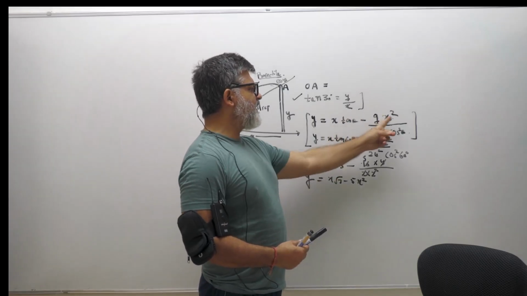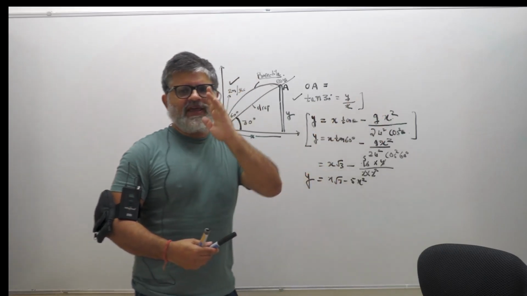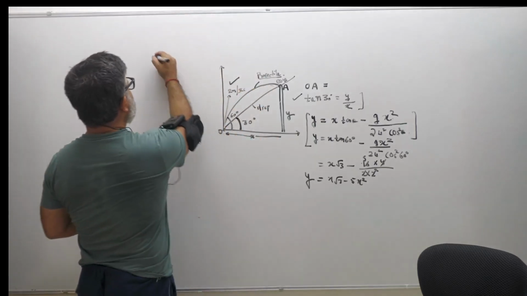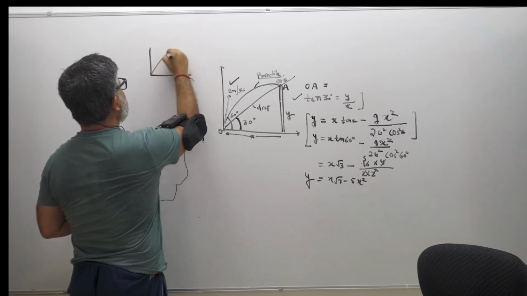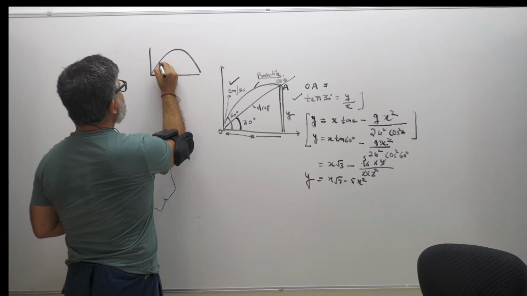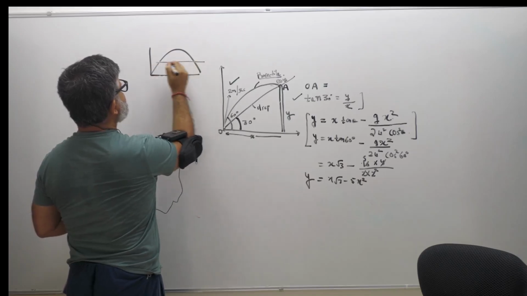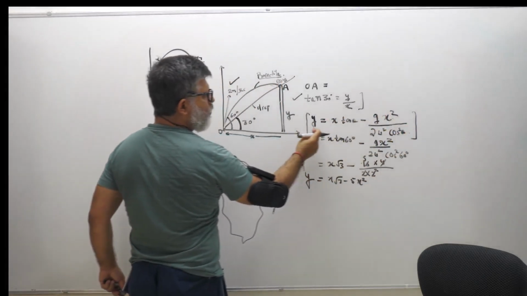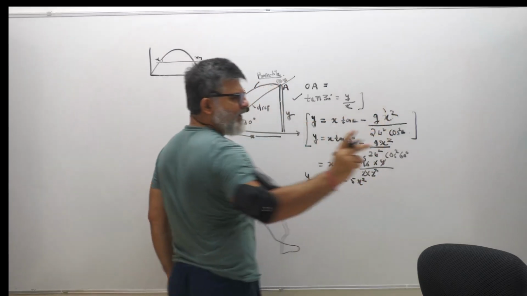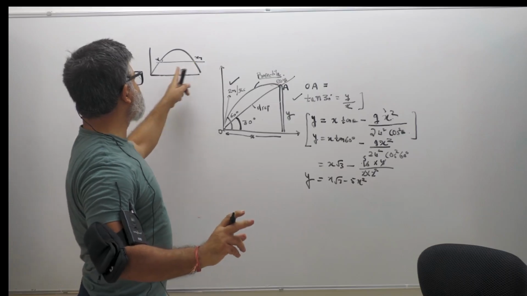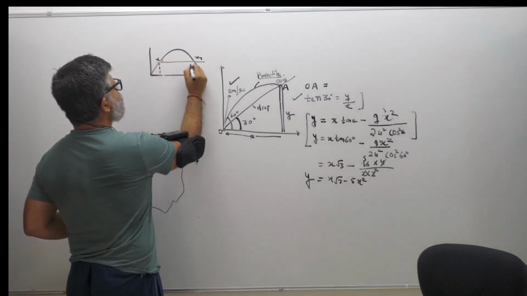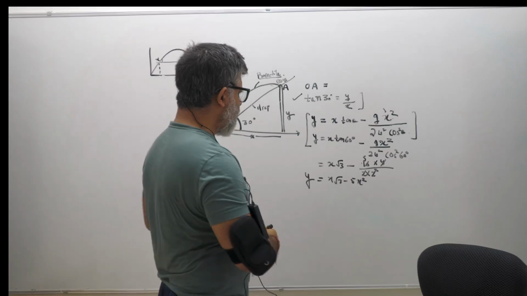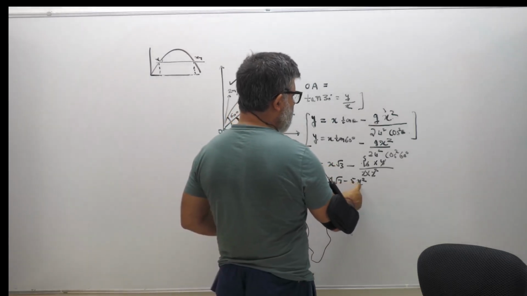One, it is a quadratic in x, which means for a given y, you will have 2 x values. Obviously, if you note the symmetry of a projectile, for a given height, you have two x's, right? So x1 and x2. If you solve it as an equation of trajectory in x, you will get two roots, which means two x values for the same height. Okay, so I got one equation as x root 3 minus 5x squared.